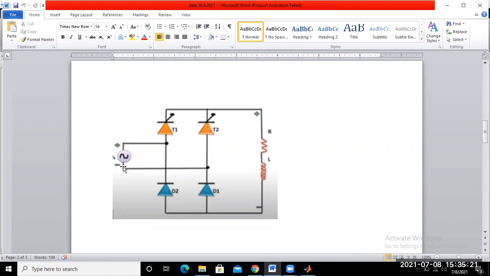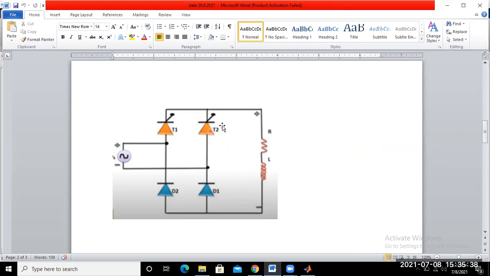The single AC voltage source is connected here and converted into DC. This is your RL load, and the output voltage can be measured with one voltmeter connected here.